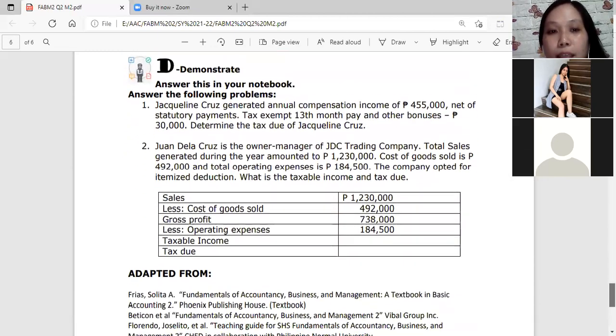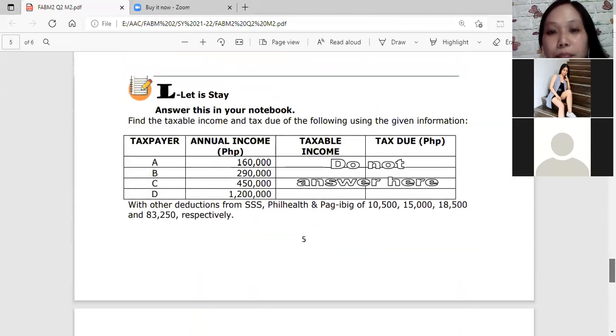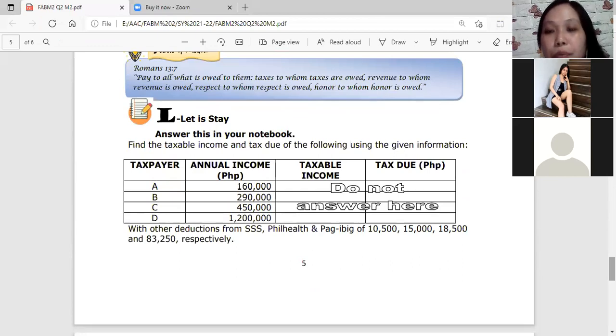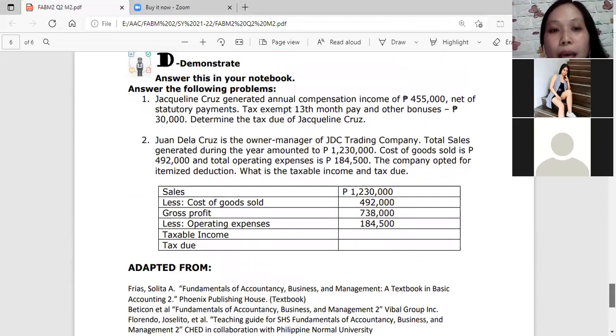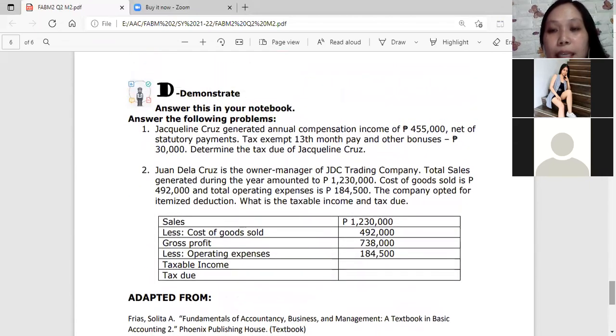Okay, next. Ma'am, kung walay tax due, ma'am. You put 0. Okay. Kanang A. If it is below 250,000, then you put 0. Nothing. Okay. Okay, ma'am, thank you. Next will be another problem solving to get the